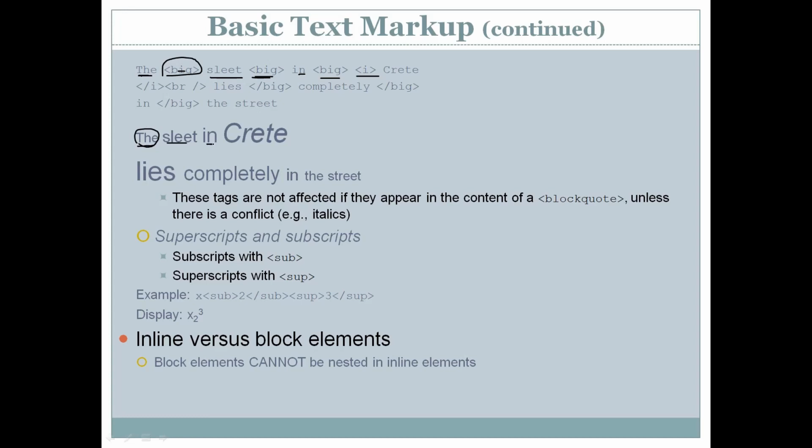Then we have one more big, and inside that we have the next word. How is it displayed? It is displayed in a larger font size than the earlier font size. The earlier font size was used for slit, and this is displayed larger than slit. And again we have one more big, inside which we have the last word, and if you look at that, it has been displayed again in a larger font size than the previous one, and it is even in italic font style. So this is how we can even nest the tags inside other tags.